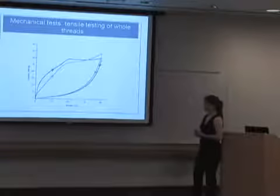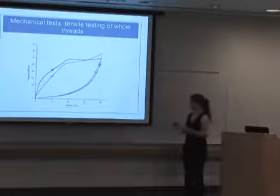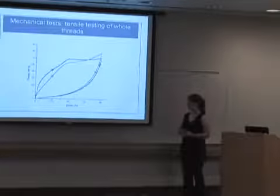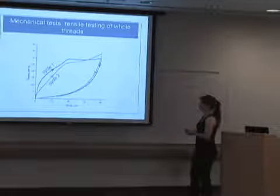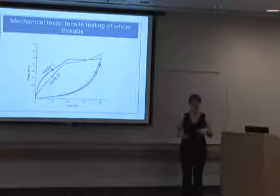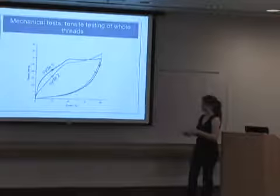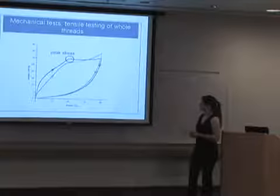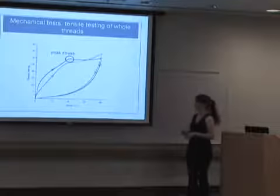So this is an example of a graph that I get out of the mechanical testing process. It's a stress versus strain graph, and essentially what I told it to do is to stretch the thread to around 40% strain, and to then relax and let the thread recover for about 60 minutes. And then it repeats the cycle a second time. So one of the important pieces of information I can get out of this graph is the peak stress of the material,